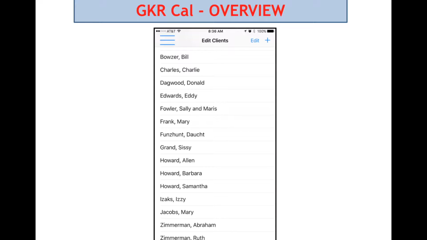And here we have the clients table. You can touch on the edit button to delete clients. You can touch on the plus button to add new clients. And of course, when you edit or change a client, you can change their rate, the spelling of their name,